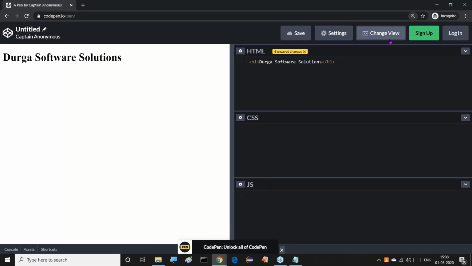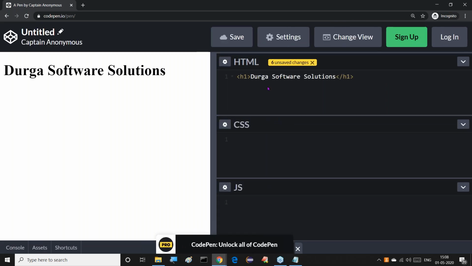We can also increase the font size depending on our requirement. Now we get Durga Software Solutions as H1. At a time we can provide HTML, CSS, and JavaScript code here. I provided just HTML code, and Durga Software Solutions is the output we are getting.